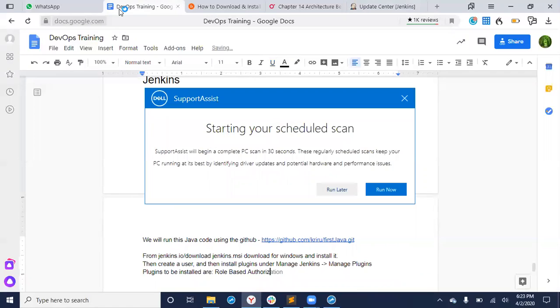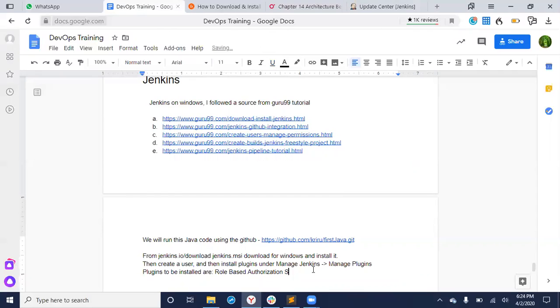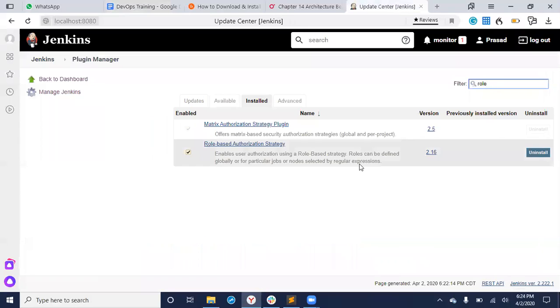You just need to go there and search for it. Role-based authorization strategy, and build pipeline. Blue Ocean is about the new interface. So these three are pretty good ones, very, very useful. You will see that. So let's install these plugins.